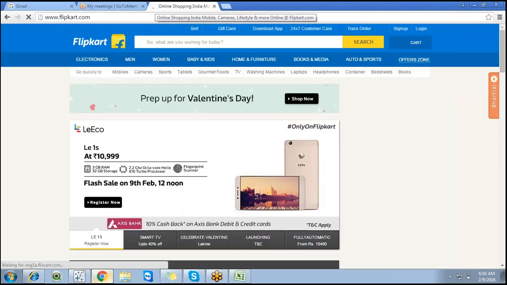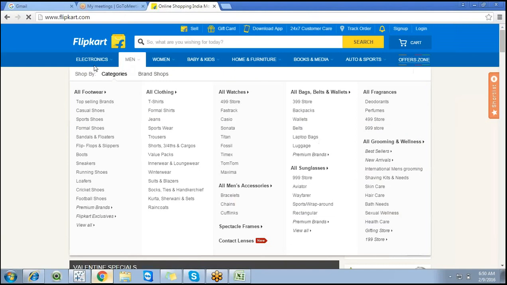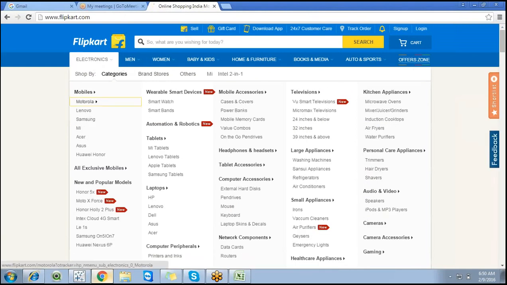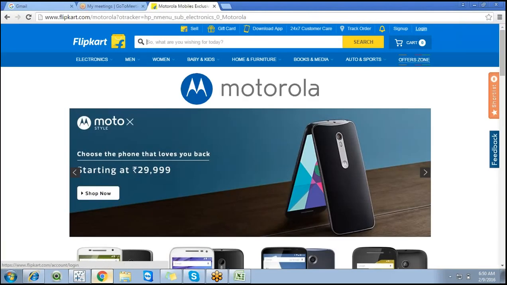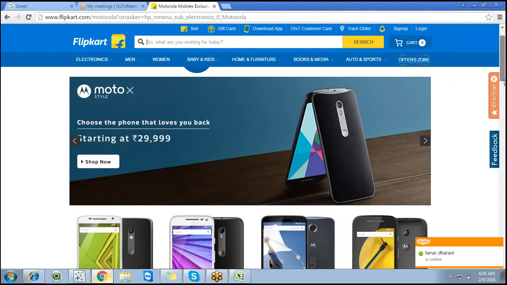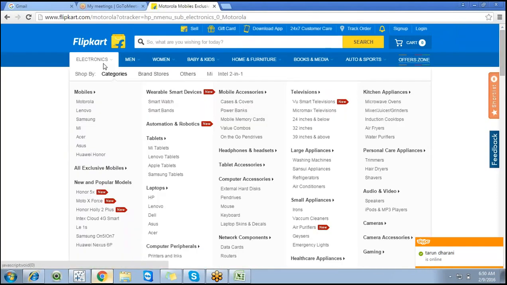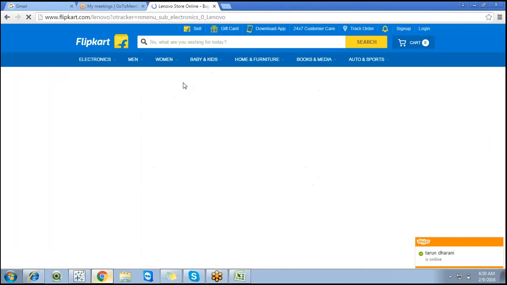I just want to showcase one particular option, why we go for a reporting. I just go with electronics or mobile, click on Motorola, or electronics, Lenovo.